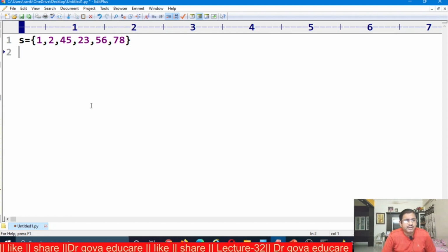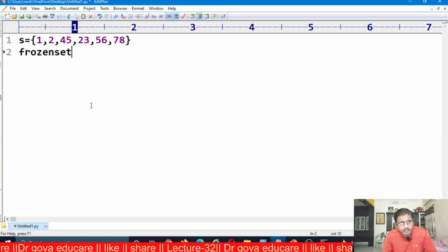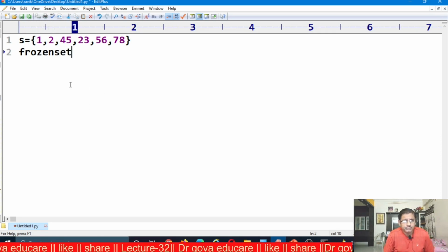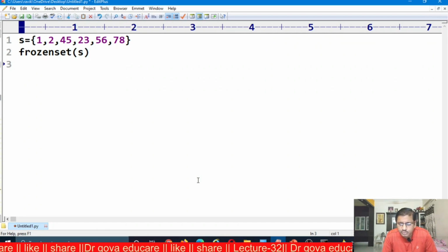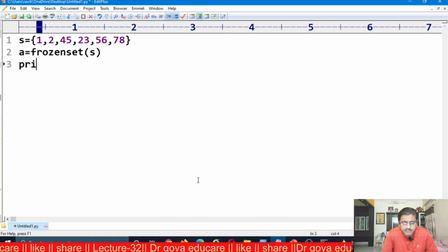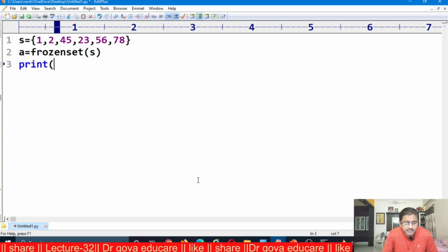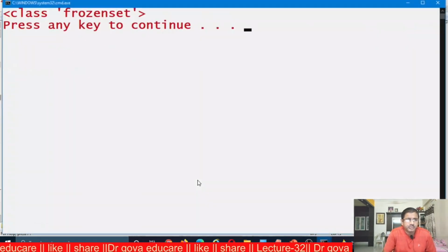I want to convert the set S into a frozenset using the built-in function frozenset. Say A is equal to frozenset of S. I want to print the type of A. Now I am executing this.